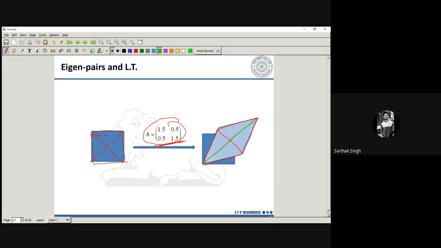In the direction of this? Yes or no? And what is this direction? This is a direction given by the line y equals x. So what kind of eigenvector can I take? If I take x equals 1, then y is also 1. So one of the eigenvectors is (1, 1). And if you observe, earlier I had this length, but after transformation I have this much length, double length. So the eigenvalue is 2 here.